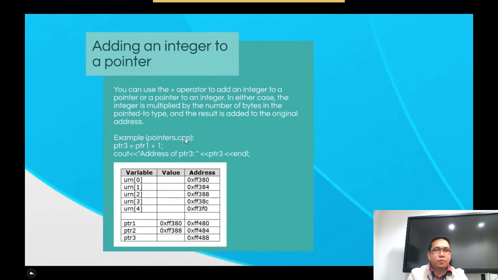Let's move on to the next operation, that is adding an integer to a pointer. When you say adding an integer to a pointer, you can use the plus operator to add an integer to a pointer or a pointer to an integer. In either case, the integer is multiplied by the number of bytes in the pointed-to type, and the result is added to the original address. Example,